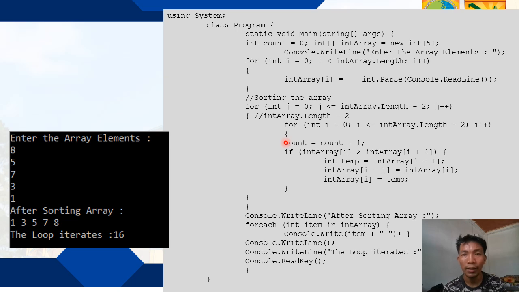The number of loops iterates to 16 steps until these array elements are sorted in an ordered list. So I'll be sending you this code so that you can try it on your working PC.